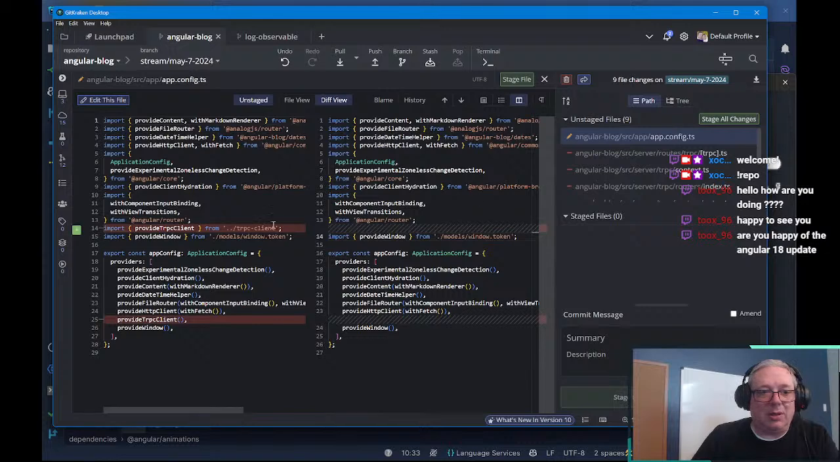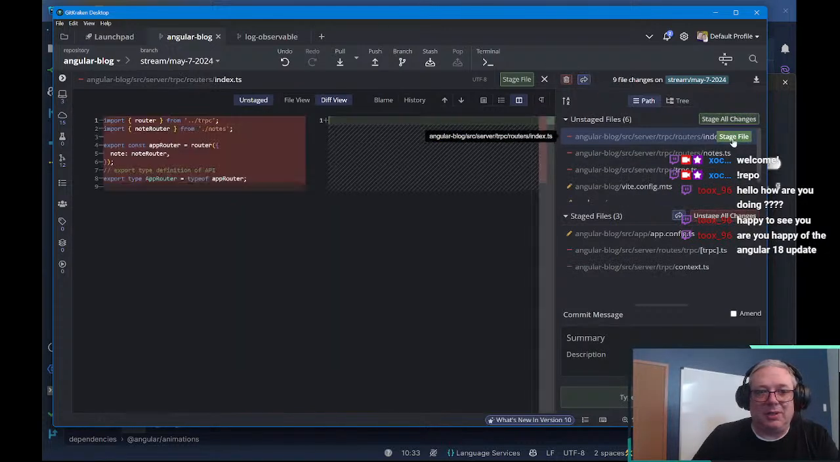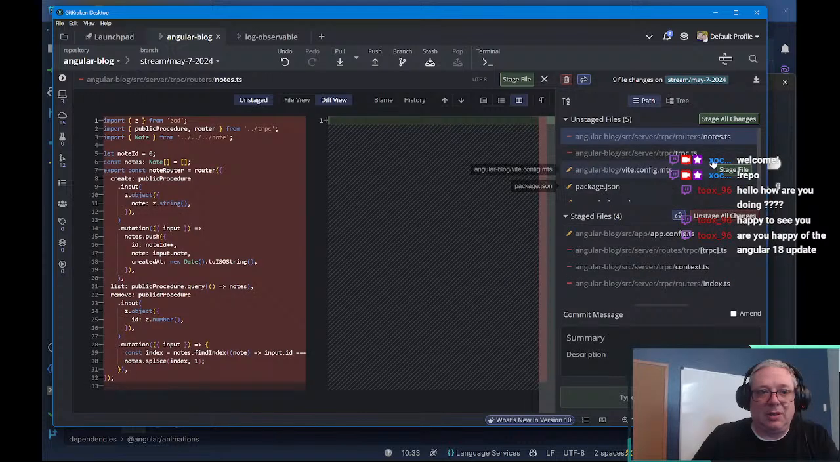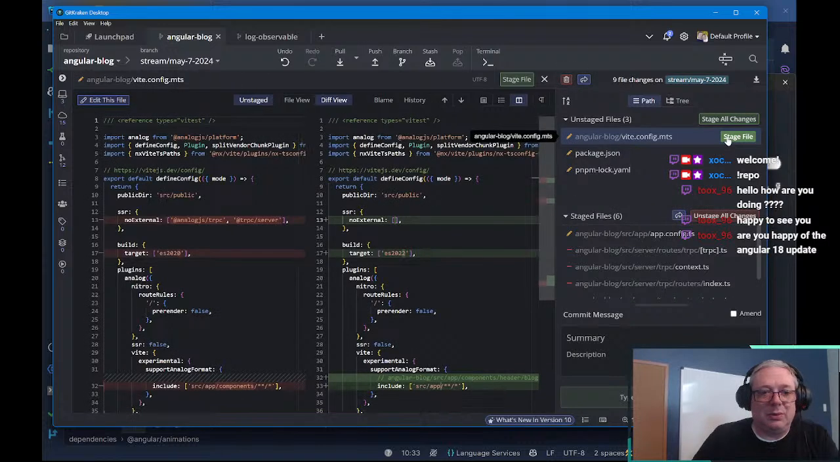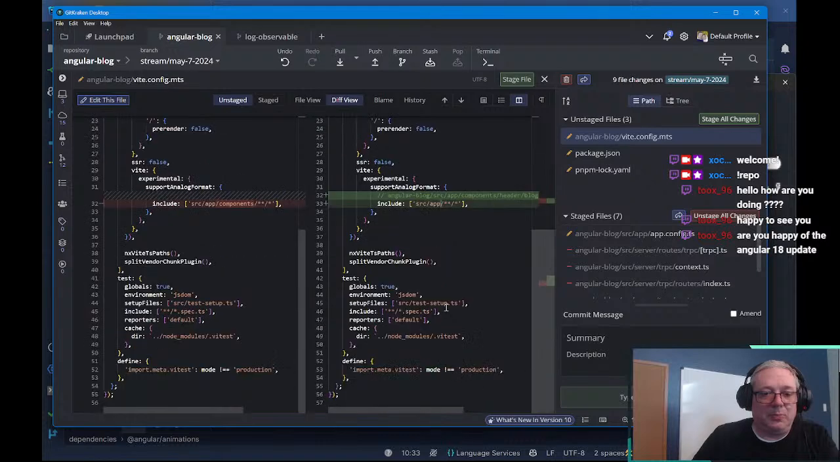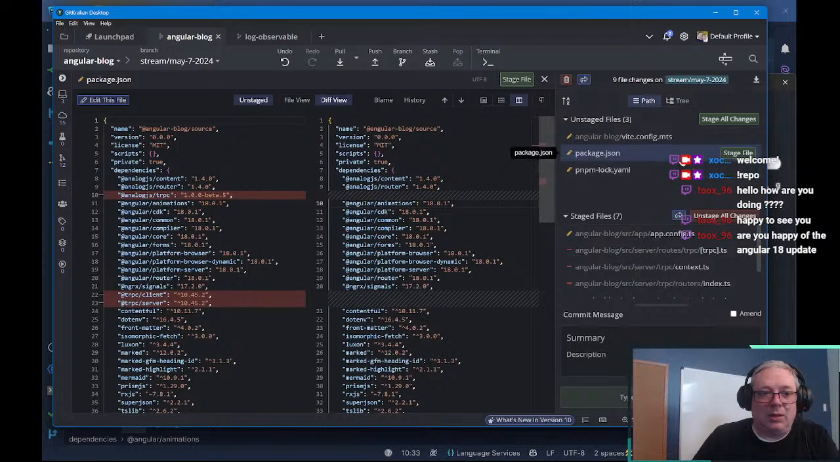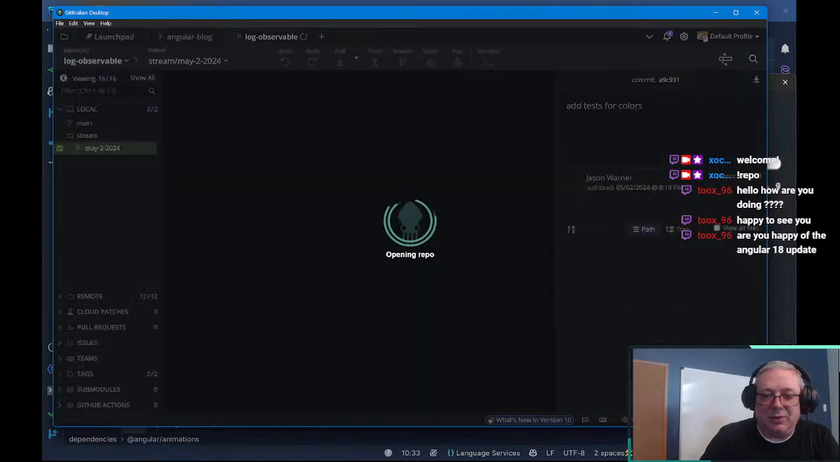So here, that's removing TRPC. That is two. We'll commit this line. And then in the package and in the lock, we're just going to say that we removed